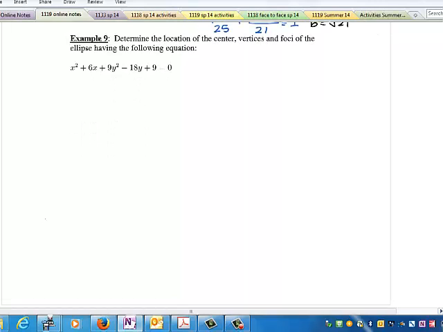Next one is given to us in what's not standard form. So what we need to do is complete the square 2 times, once with an x group, once with a y group, and then use the information that we have to figure out the center, vertices, and foci. But the first step is to rewrite the equation. So we need to complete the square twice to get standard form. Which we're looking for